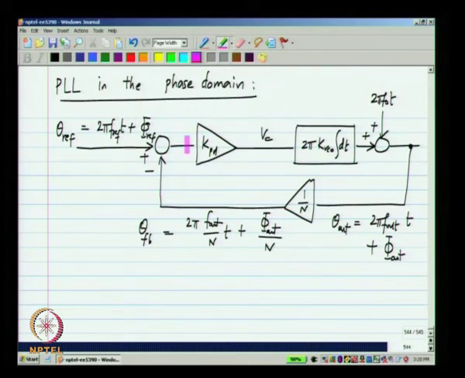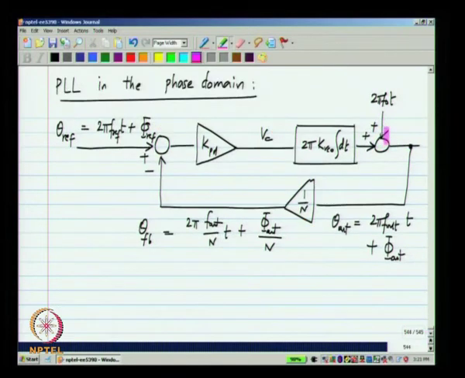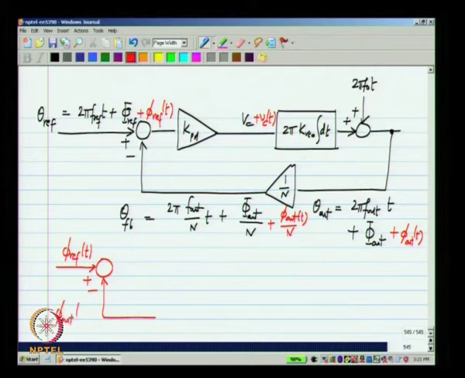This is what we have done earlier to derive incremental models of circuits, and that is what we do for the phase lock loop. And here, in all these quantities only the increment will remain, and this 2 pi f naught t, which is fixed in both the model with the increment and without the increment, will go away. Okay. So, the result will be, I have the input phase increment phi ref and the phase increment in the feedback quantity is subtracted from that.